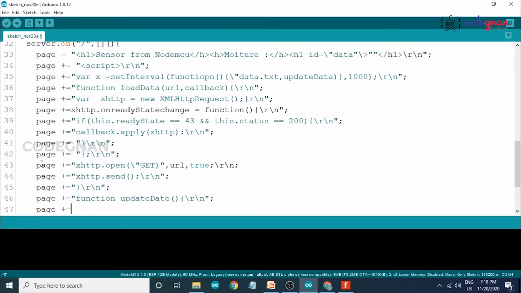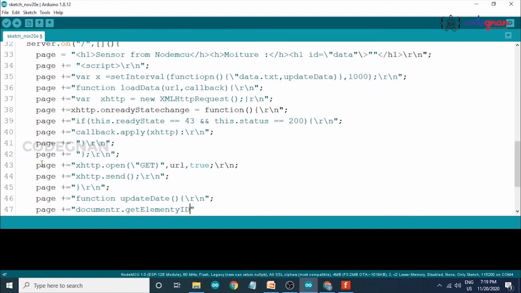Page plus equals to document.getElementById.